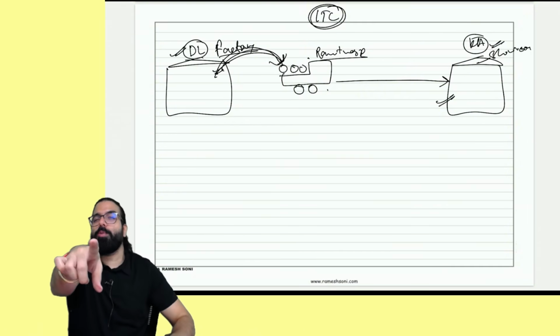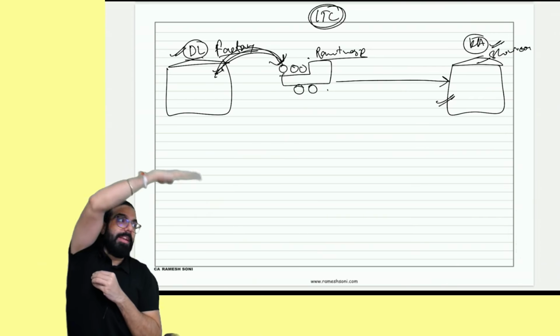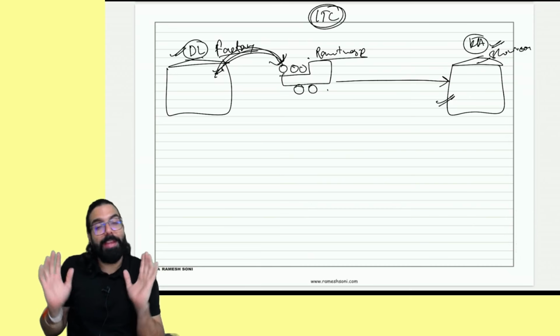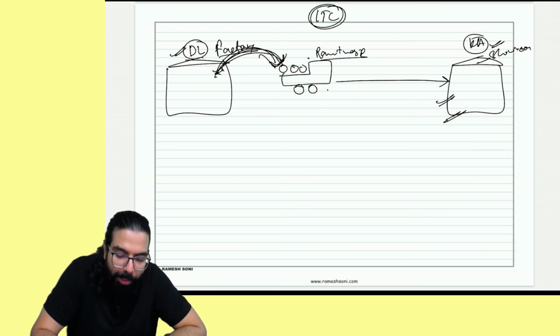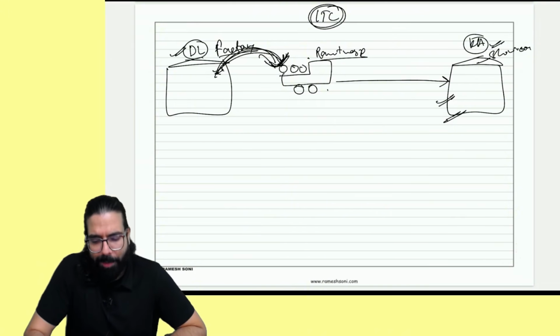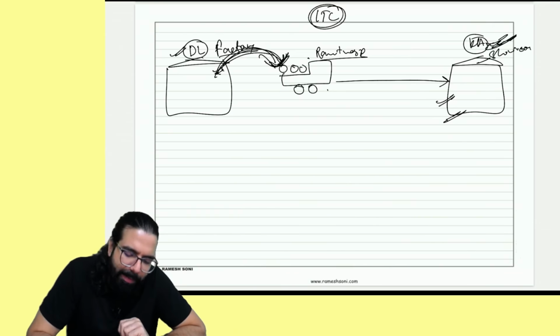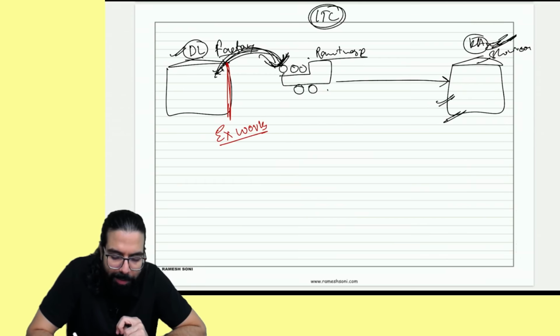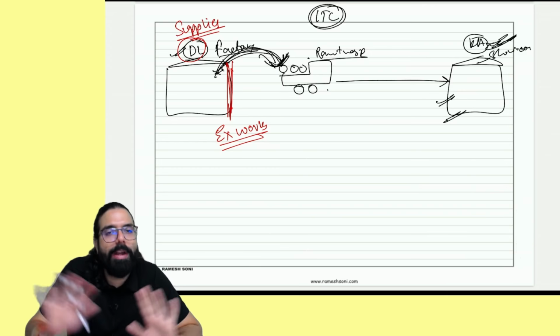Because the received concept was what, everyone? If he gives me the bill but gives the goods to someone else on my direction, that is deemed as received. On my direction, I told him to please give the goods to the transporter. So when the goods are handed over to the transporter, can it be deemed as received by the recipient, and can I take the ITC is the question. So they went ahead and clarified that whenever goods are sold on ex-works basis, ex-works basis means the supplier told me, I will give the goods at my factory gate, you can take it and go.